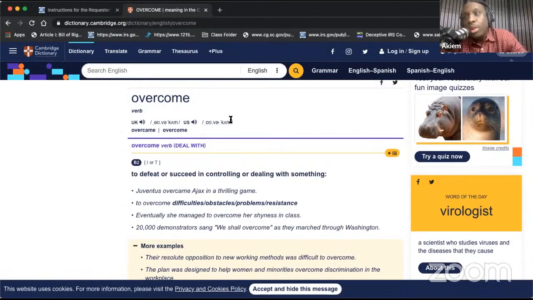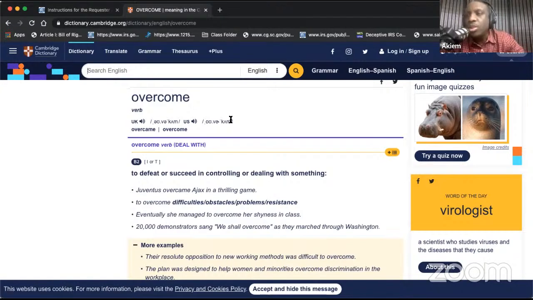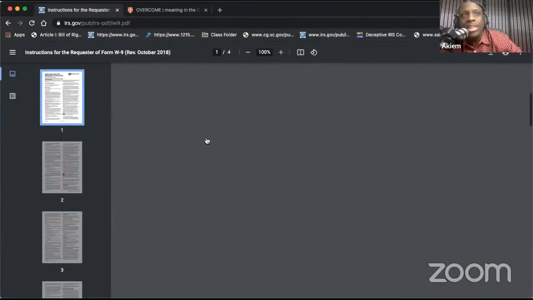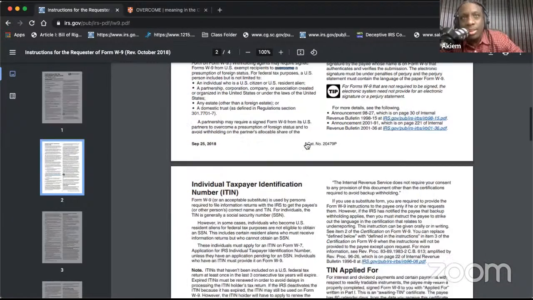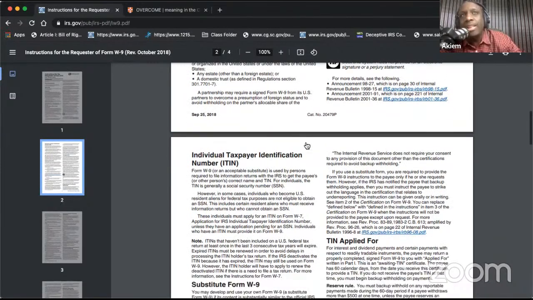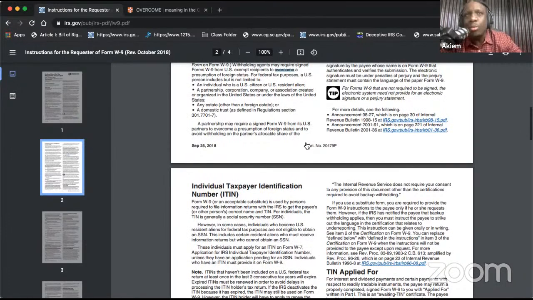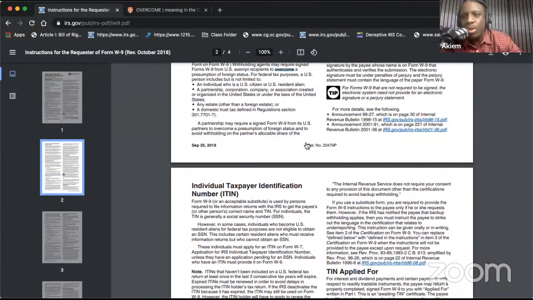So if you're a U.S. person, fill it out. If your company is a U.S. person, fill it out. If your trust is a U.S. person, fill it out. But if you're not, you don't fill this out. You fill out the W-8BEN form. Right? You fill that out. But see, the issue is that the norm is to hand this form out. And when you hand them a W-8BEN, they look kind of weird at it. What's this? I've never seen this before. And in the minds of the sheep or the sheeple,